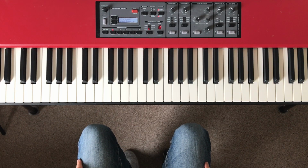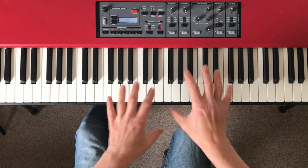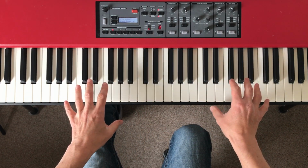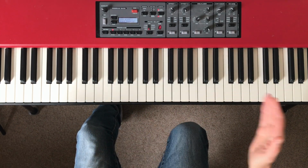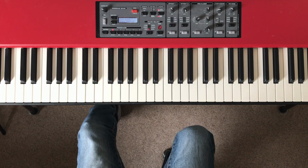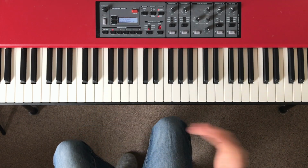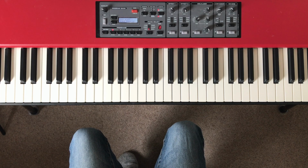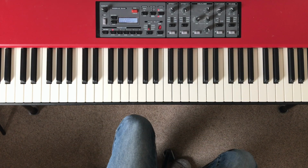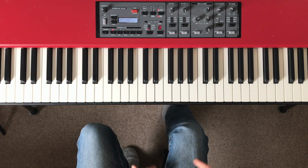So as an organist, what you do to play a pedal tone is to keep your foot on one particular bass note and play different chords over the top of it. It's not just in organ music, that's where the terminology comes from, but you come across pedal tones on the piano. Obviously in orchestral music they're really common. You will have heard pedal tones in lots of movie scores, game scores, things like that, but that's where the terminology comes from. It's nothing actually to do with the piano pedals,